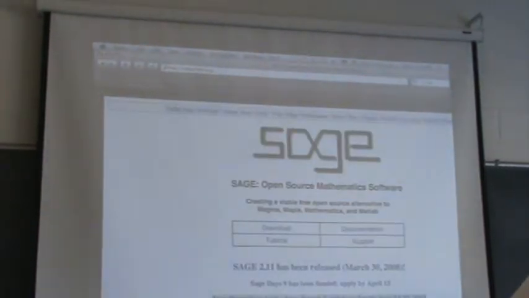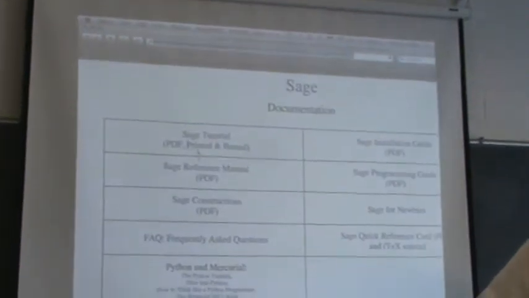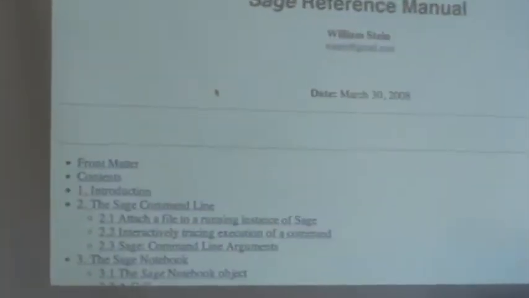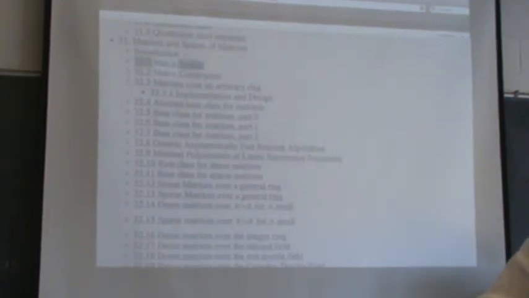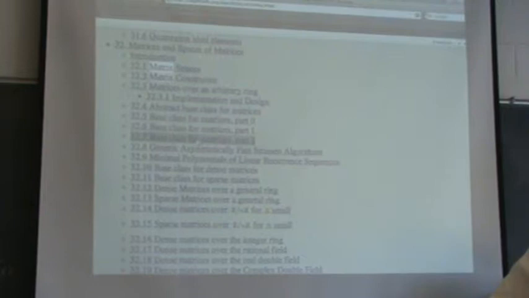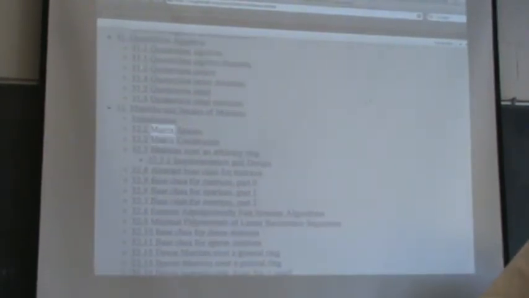So if you go to the reference manual, which is in the Sage documentation, then here it is. And there's a lot of different chapters. For example, there's a chapter on matrices somewhere. Yeah, matrices and spaces of matrices. So in here, presumably you can find things about inverting matrices.